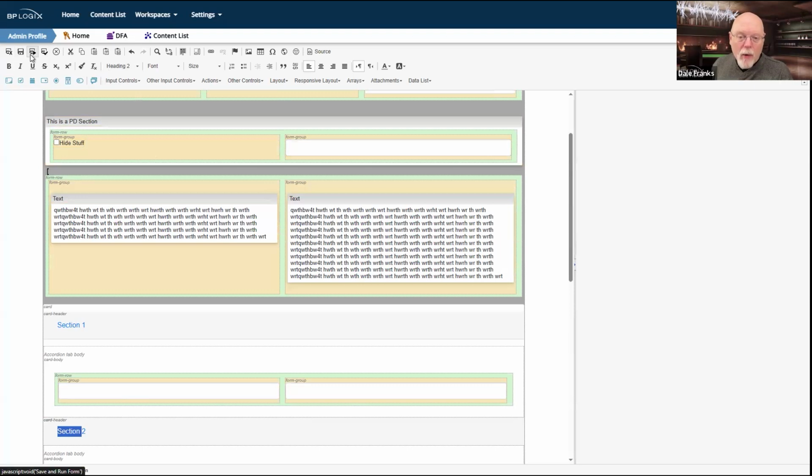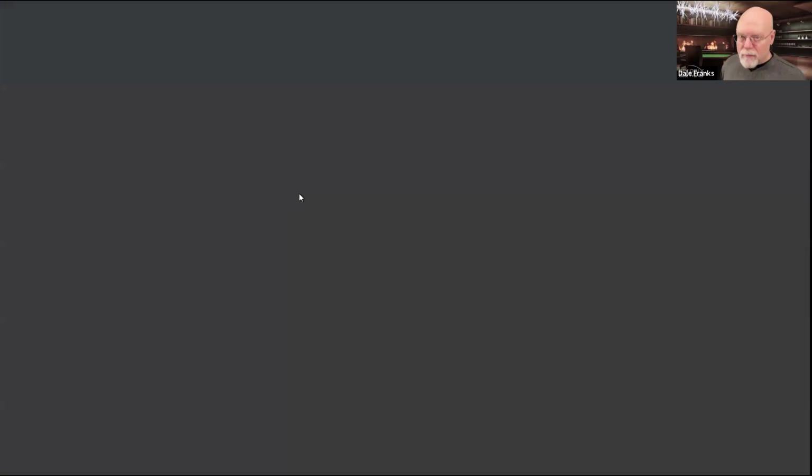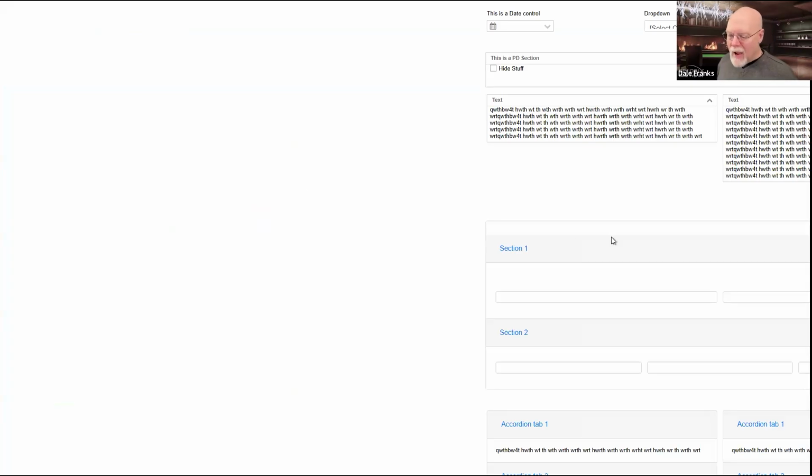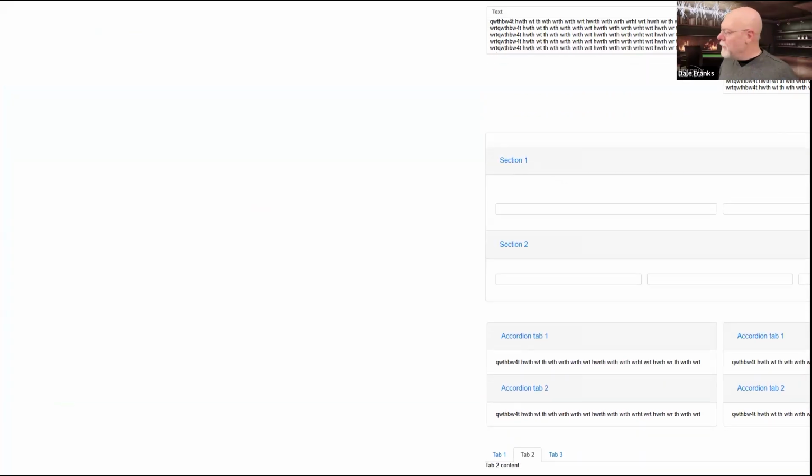Now, when I run the form, the Bootstrap section works a little bit differently than the Process Director section. Now, all of the other things for making the section work have to be done properly. But let's take a look at how it works here, because now we're out of the online form designer.